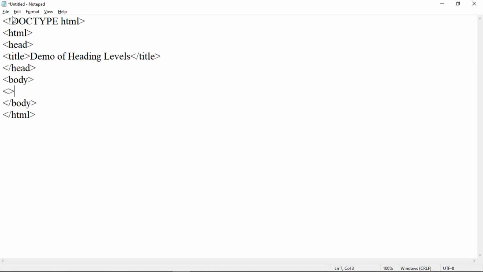Within this, now let us add the different headings. Suppose add a H1 tag, start and end of H1 tag. So within this add a content. Suppose heading level 1. Heading level 1. Now save this program